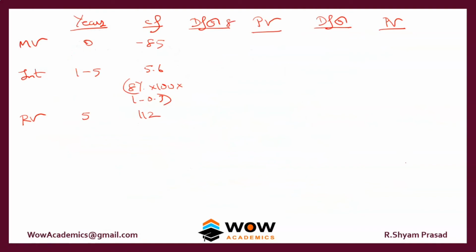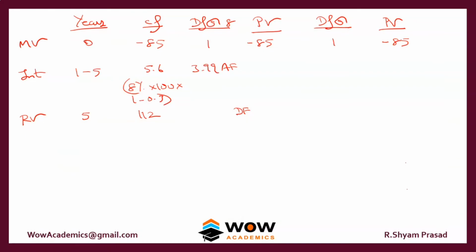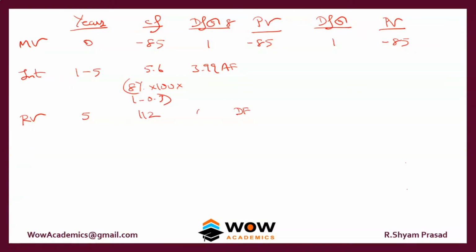Take it 8 and let's see how this works. So first year number is always 1. So the present value will also be 0.85. Whatever discount factor you choose, it is always going to be the same 1. So we have to look at the annuity factor table here and discount factor table here. 3% and 5 years comes to 3.99, and 3% and 5 years comes to 0.681. So we'll compute the answer.